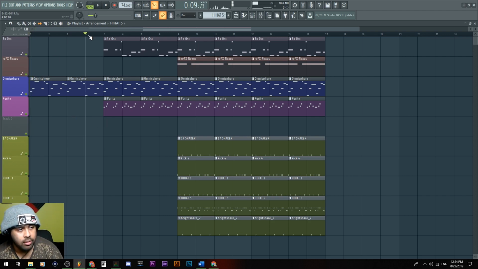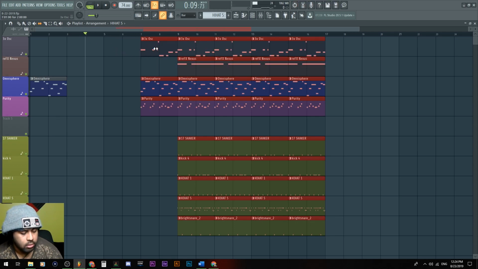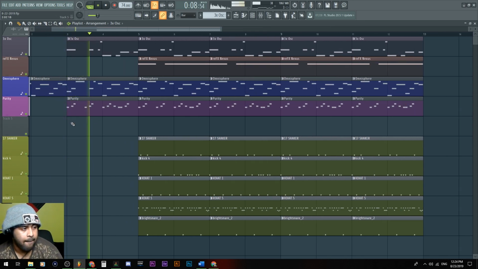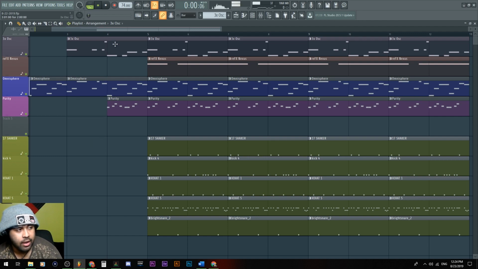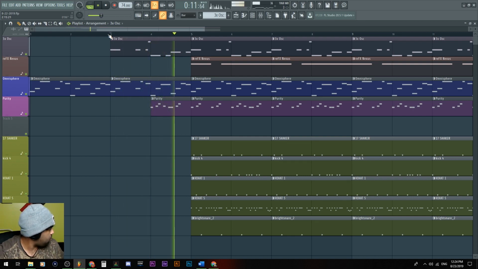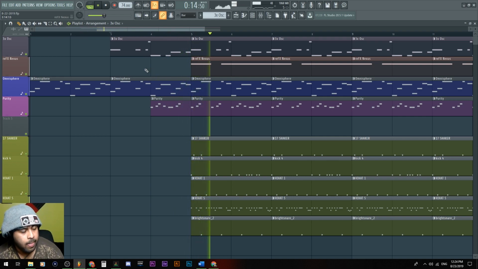So maybe this is too long, 10 seconds. We could probably just shorten it down like this. Just doing that. Oh, what the hell? P for pencil. Just like that. So now instead of 10 seconds being just the melody, it could be 5 and then we can even cut that out. So there. That's basically what sounds like an intro into something, aka a chorus or something.